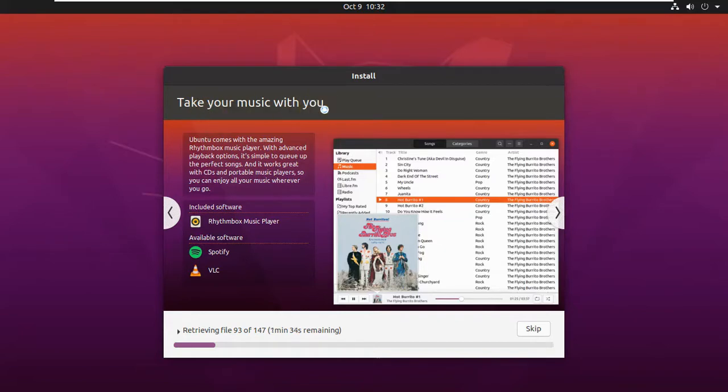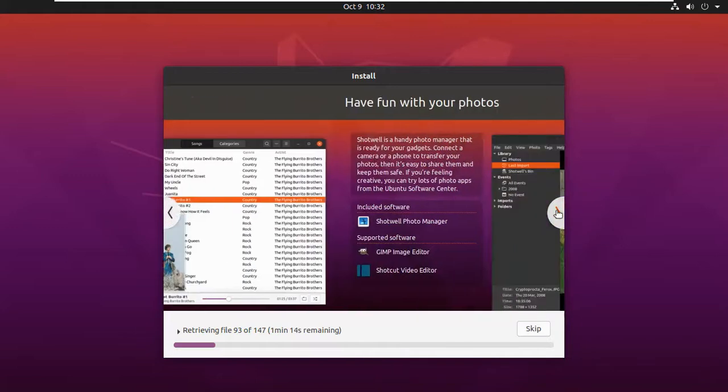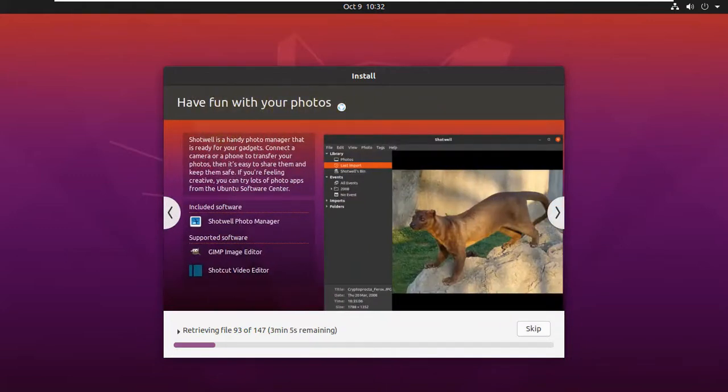You can see this includes a music player, and available software Spotify, VLC. And if you click this one, have fun with your photos. So for photos also, it is telling you Shotwell Photo Manager, GIMP Image Editor, Shortcut Video Editor, and let's see some more things here.